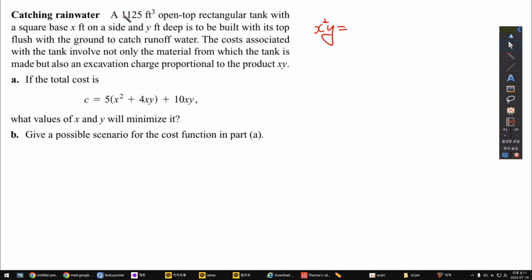And that's equal to 1125. So we can change this xy in terms of x. So xy is equal to 1125 divided by x. So that means the cost is